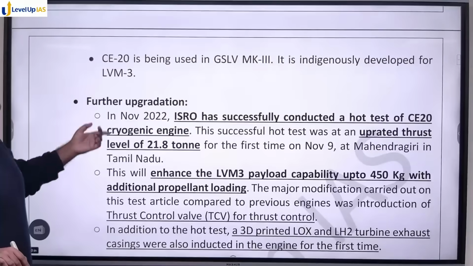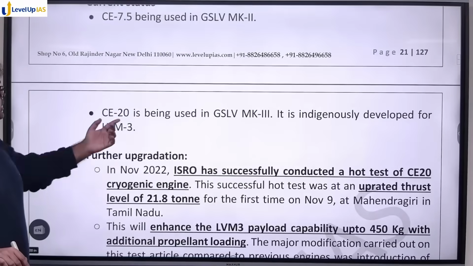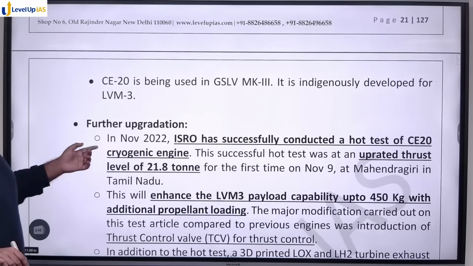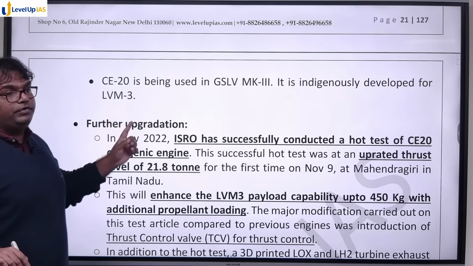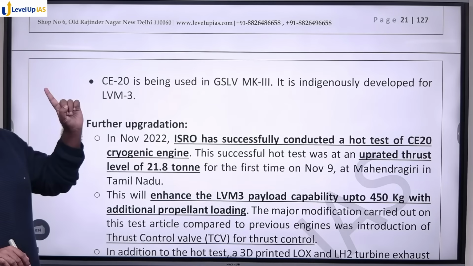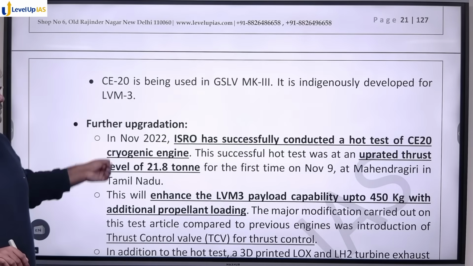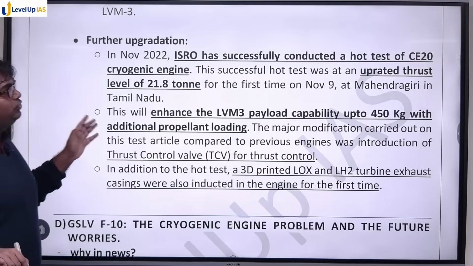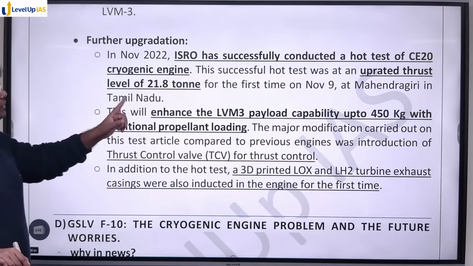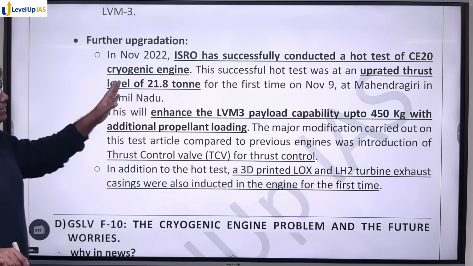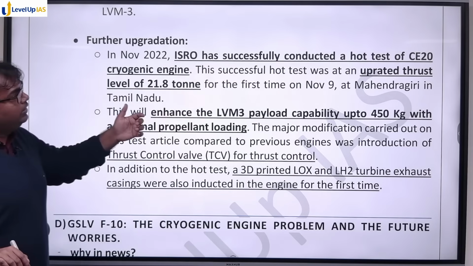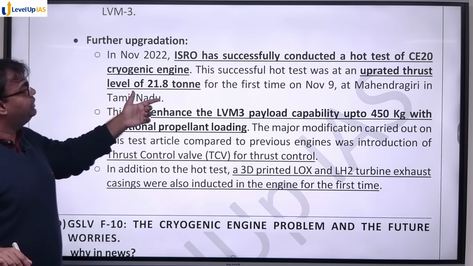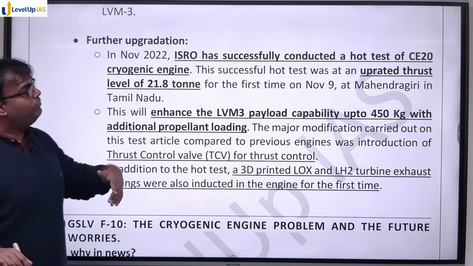So CE20 is being used in GSLV Mark III. It is an indigenously developed engine for LVM3. The CE20 or CE25 cryogenic engine that you saw, it is the same thing. Further upgradation: in November 2022, ISRO successfully conducted a hot test of the CE20 cryogenic engine. This successful hot test was at an uprated thrust level of 21.8 tonnes for the first time, on November 9 at